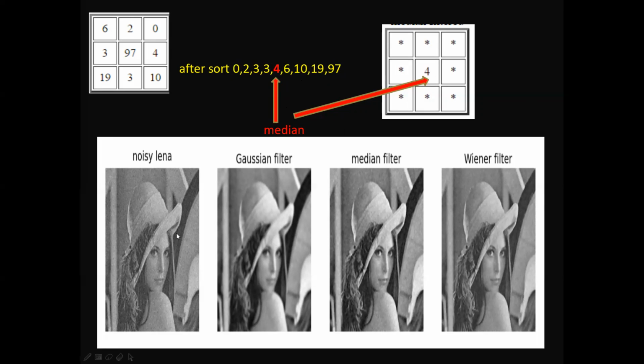Here you can see 4 images. The first one is Lena consisting of noise. So it is an image called Lena with noise, and with Gaussian filtering. And when we pass it through median filtering, and again we have one more type of filter that is called the linear filter, we are going to study in the third unit also. When we pass it through the binary filter, we will get an image like this.